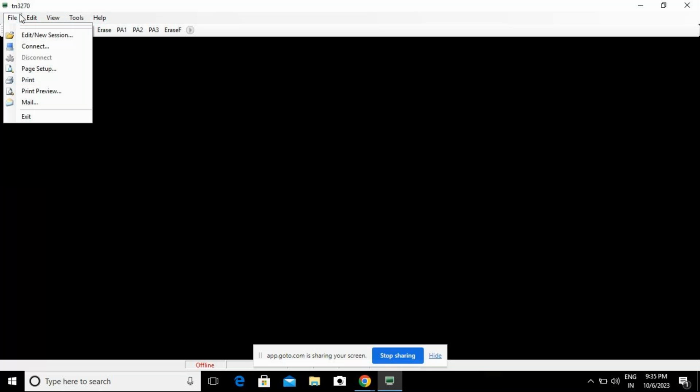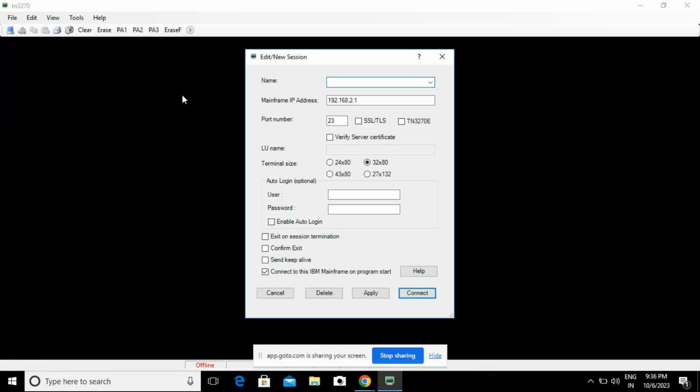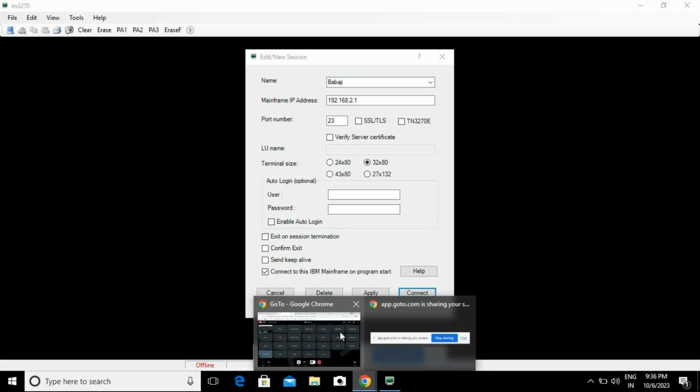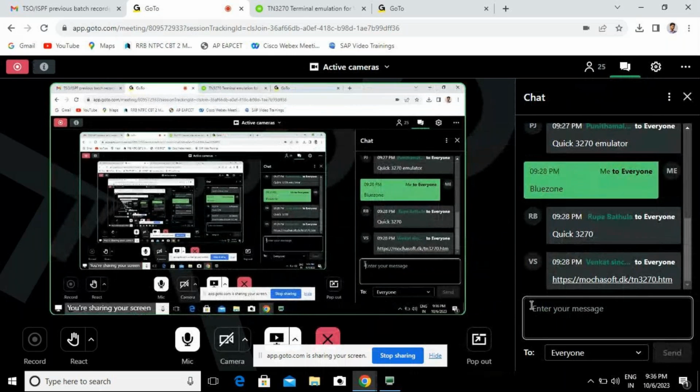Now you can see that there is a menu bar: file, edit, view, tools, help. These are all toolbars. Now you click on file. We did not configure the details, not even once, right? So click edit a new session. Now you can give your name. I will give you the IP address: 5 dot 189 dot 173 dot